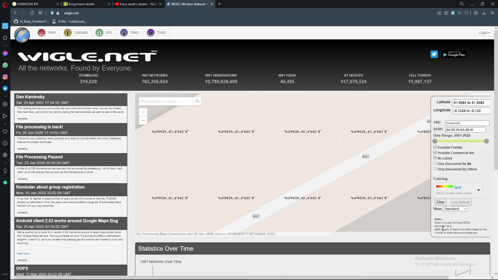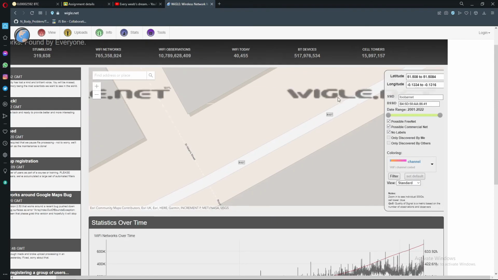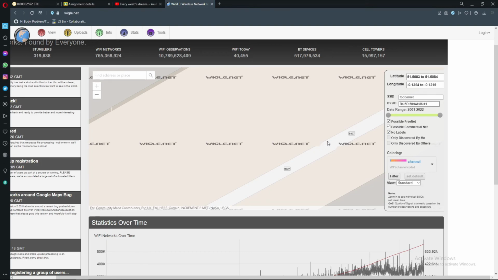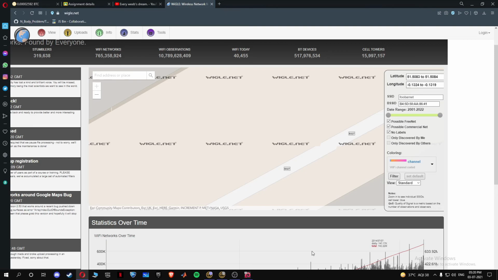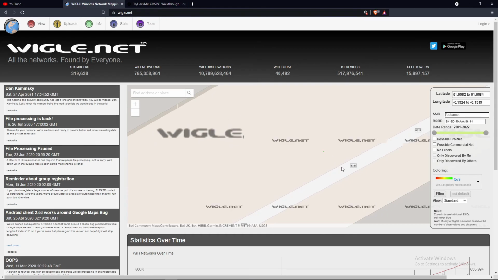Cell tower blue. QoS, quality of signal, is a metric based on the number of observations and observers. This is supposed to give me the SSID if I zoom in real close. Right now it is not giving me the SSID name,